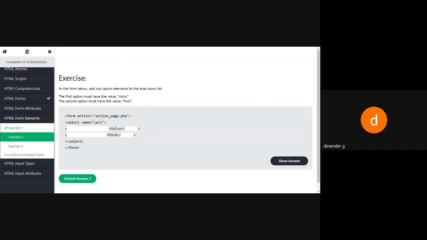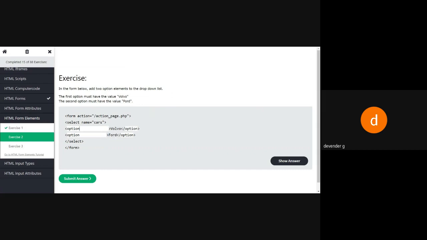Now you want the options for this. So I'll be saying option, close the option. Here again, option, close the option. Now this is what first we have to do. Then what you want? Whenever I click Volvo or Ford, the answer should be Ford. Or if I click Volvo, the answer should be Volvo.